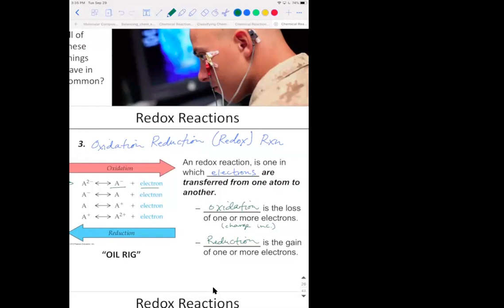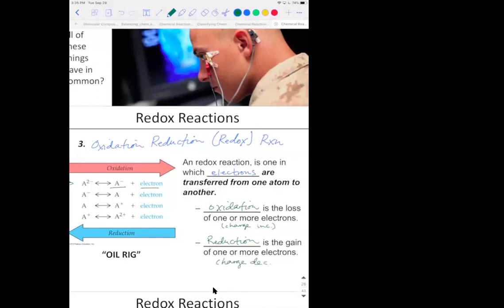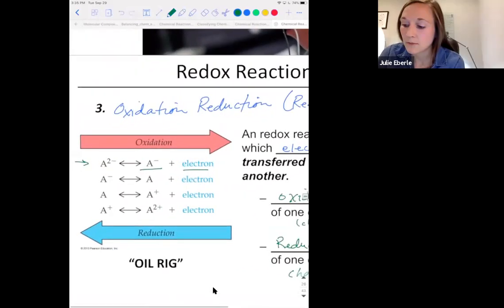The charge decreases. I'm not going to write that you always become negative, because that's not the case either. So your charge decreases, okay? An example, if we follow this figure, so for oxidation, if you want to see any example of